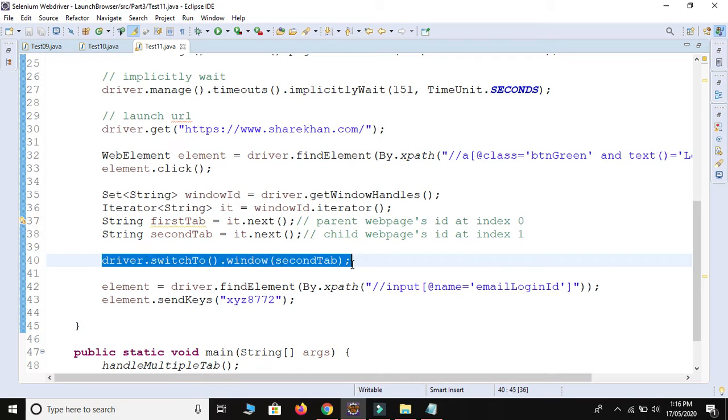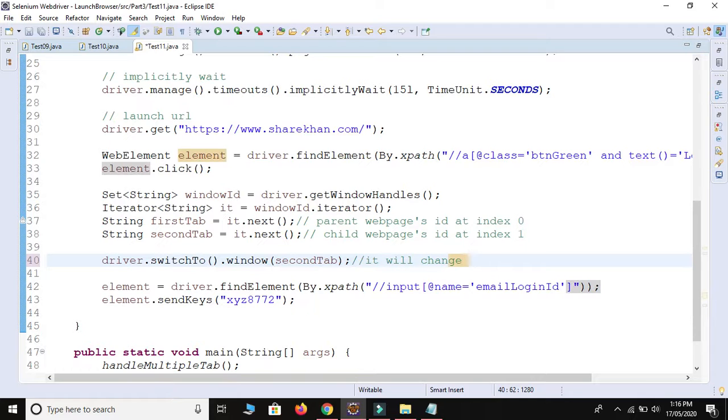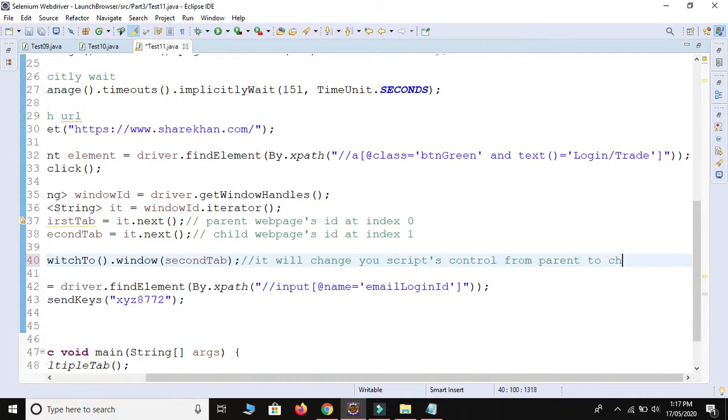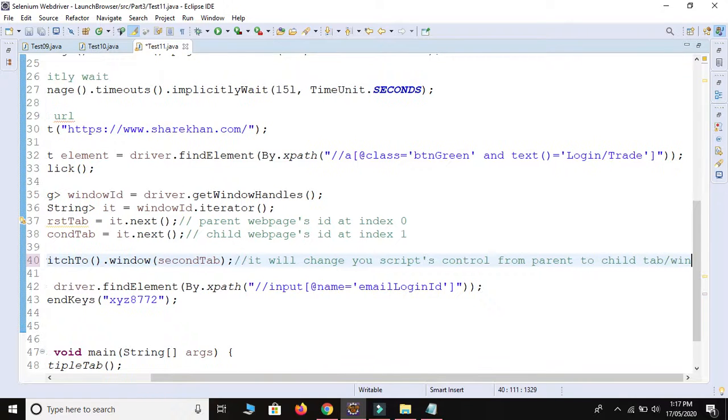This line, okay, it will change your script's control from parent to child tab, or we can say child window.